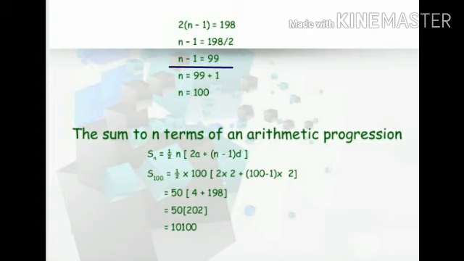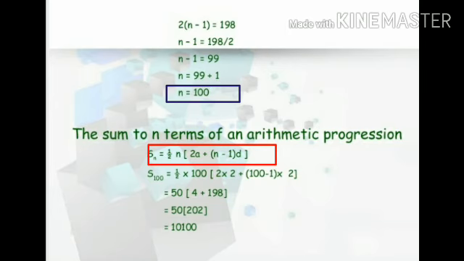So dear students, we take this LHS side minus 1 to the right side, it becomes plus 1. Now n equals 99 plus 1 equals 100. So we find out n is 100. So dear students, next we should find out the sum of those terms. So we use the formula Sn equals half into n, square bracket 2a plus the small bracket n minus 1 into d, square bracket complete.